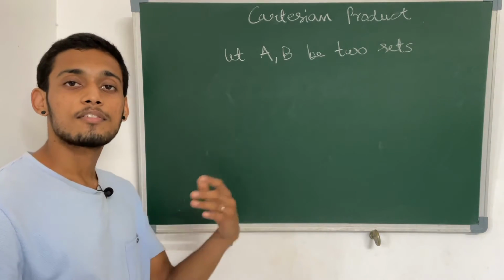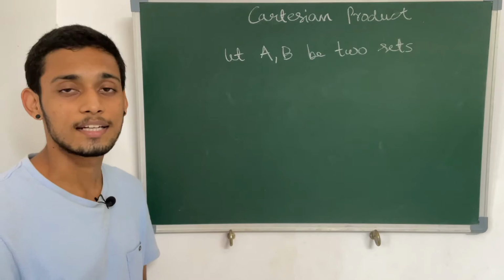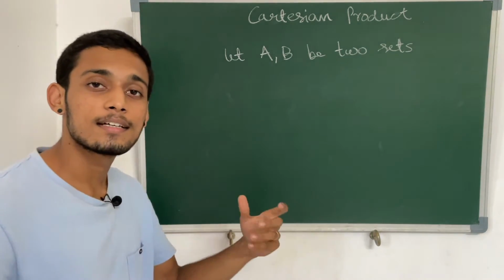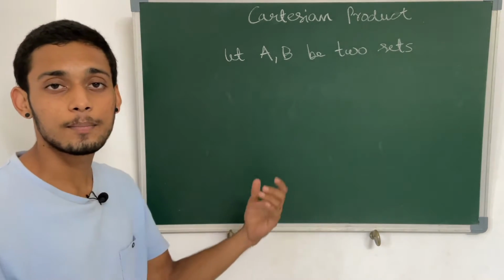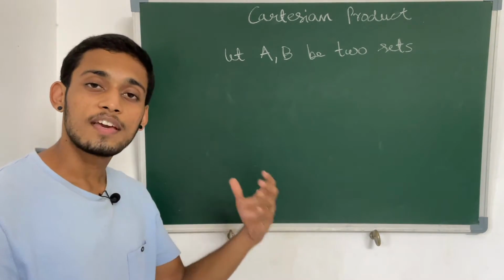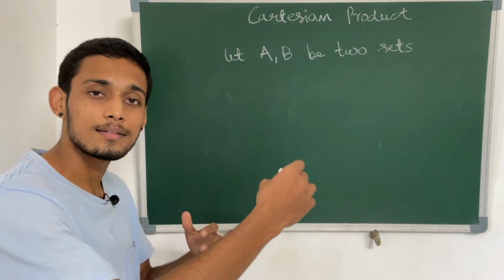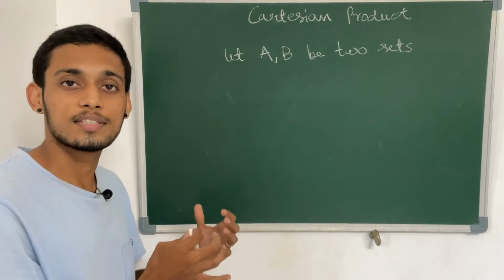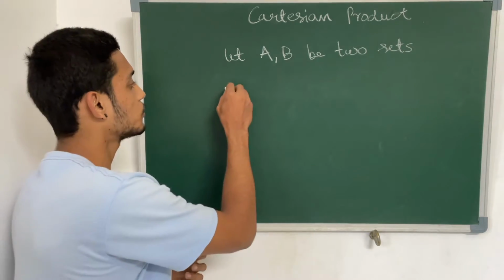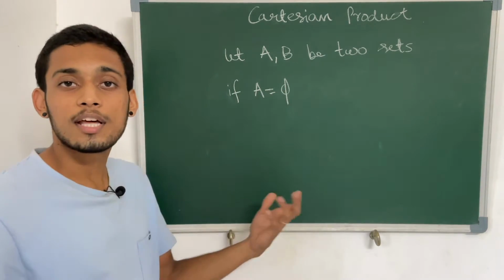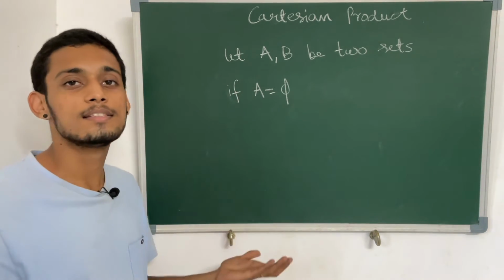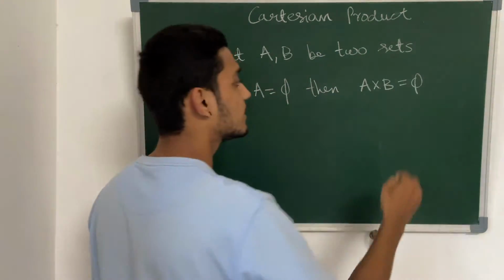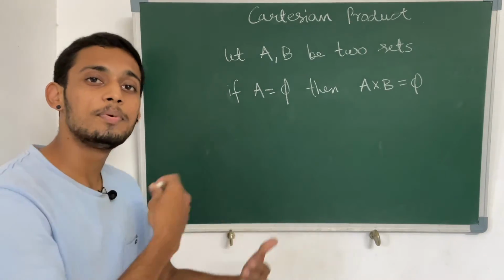Now let us establish a few more facts from this given Cartesian product. So let us play around with the size. Suppose one of these sets was empty, say A is empty, then what happens? If A has no elements, the elements cannot be ordered because there is no element in one of the sets. So in that case, the Cartesian product has 0 elements. That is, the Cartesian product is also a null set. And the same argument follows if B was empty.